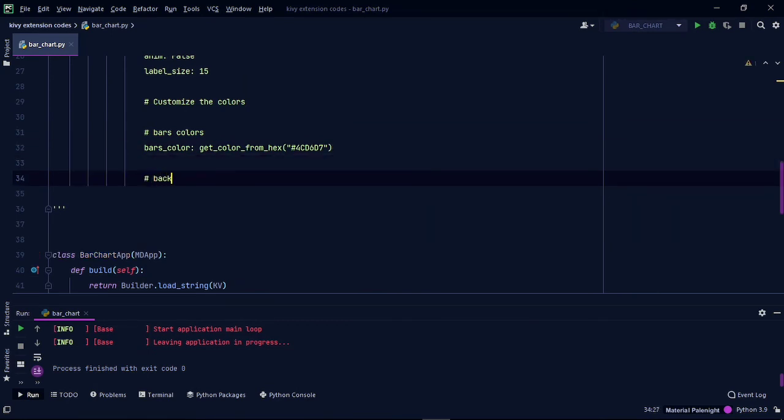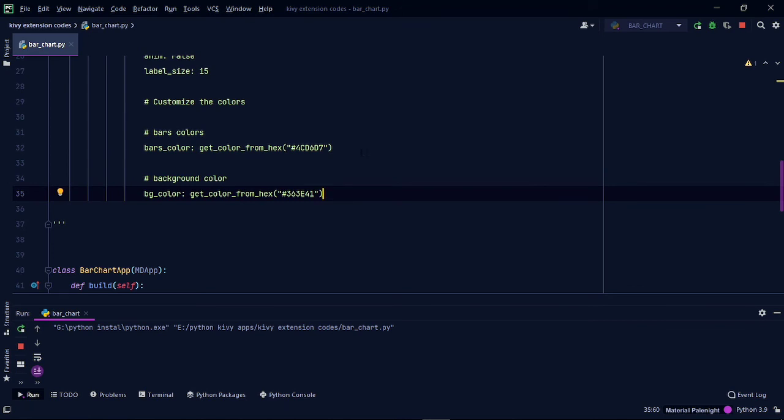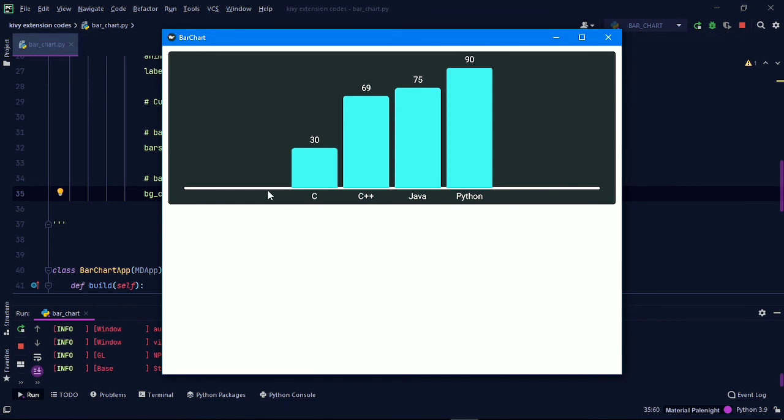Now we will change the background color with the bg_color property. Background color changed.